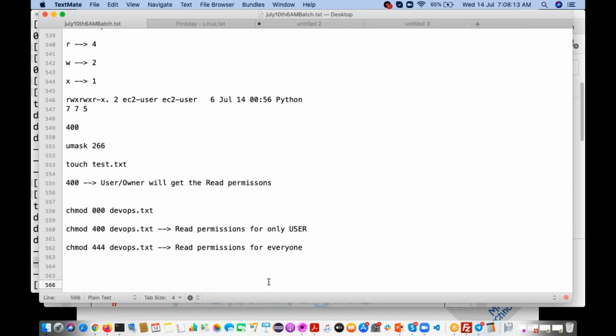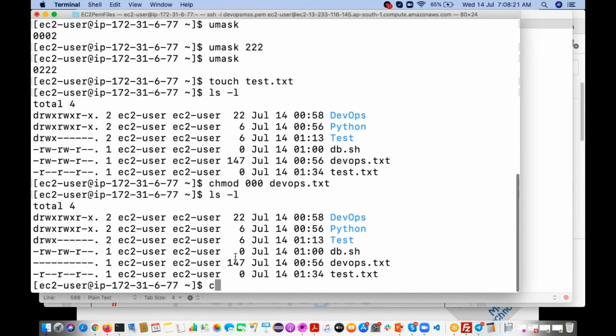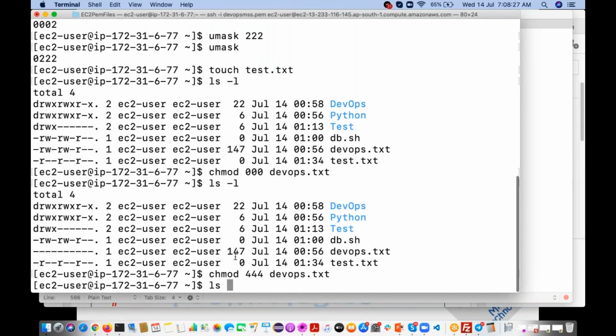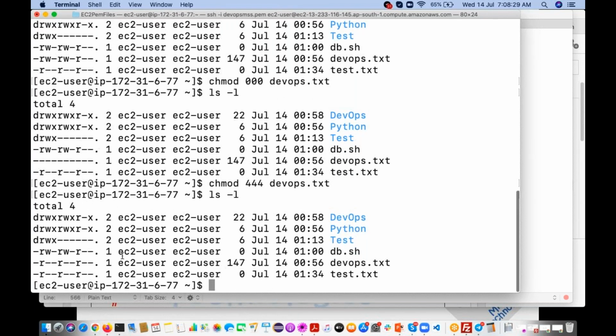Let me execute it: chmod 444 devops.txt. Now if you type ls -l and see, it is giving r--r--r--. Earlier it was empty.